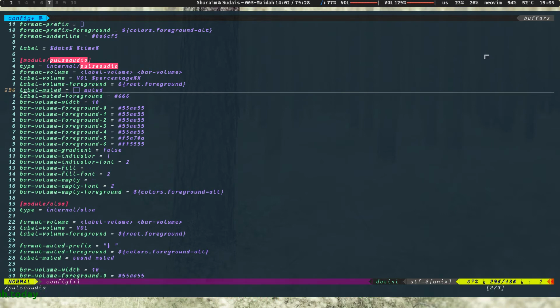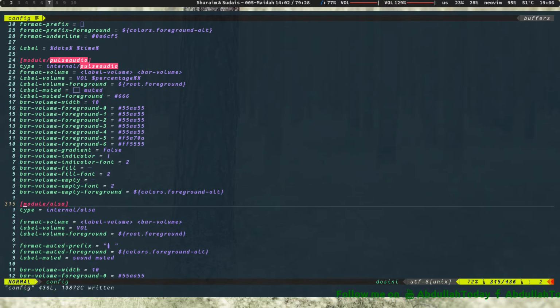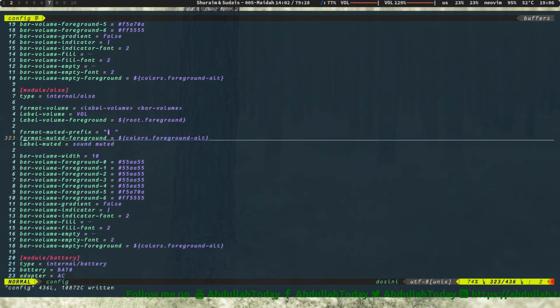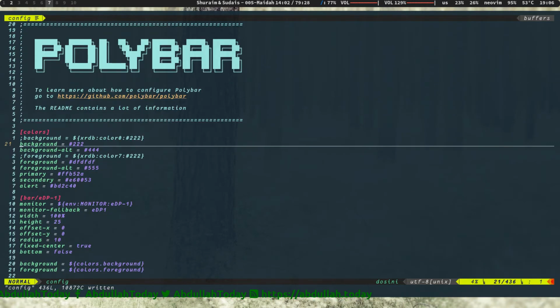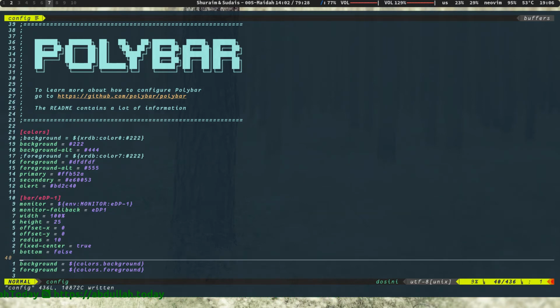Label muted, this one is not going to use your icon unless you have font Bspwm. So this is your pulseaudio. If you have alsa, you configure this module, you have to add this module and add this one into your modules line and